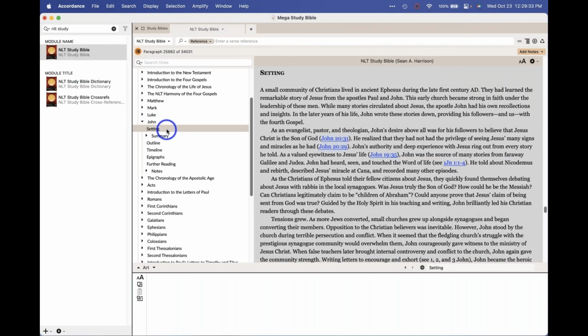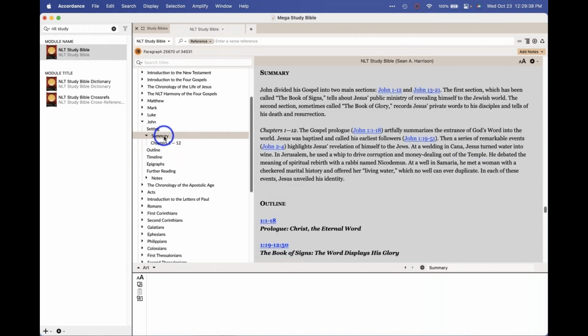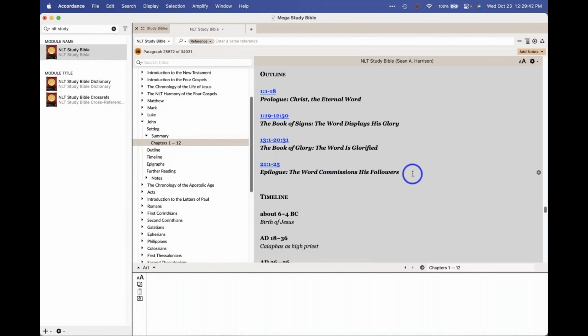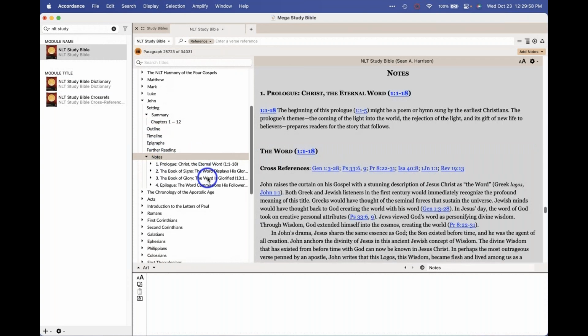As expected, there's some introductory material, setting, summary, outline. I really appreciate this 4-point outline. It's really a 2-point outline with a prologue and an epilogue. Now, obviously, you can outline it in much more detail than that. And in fact, under the notes section, it's going to do exactly that. See here